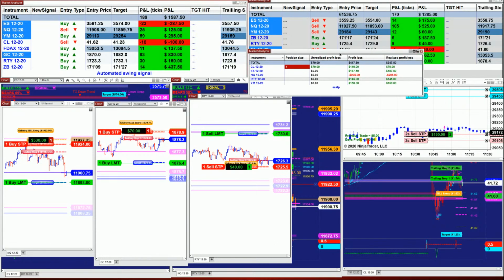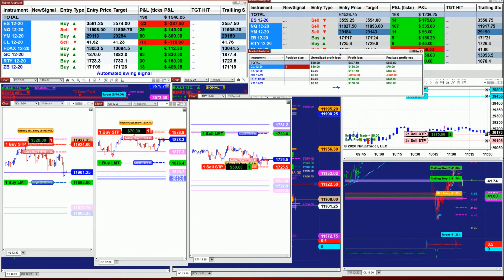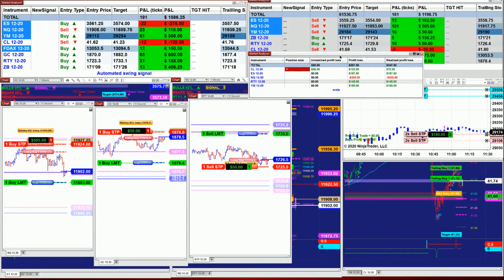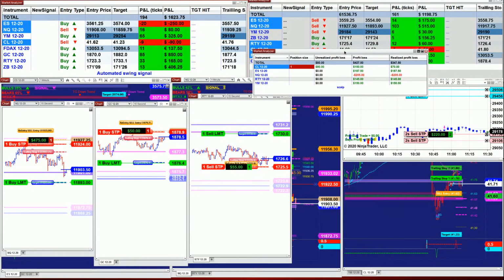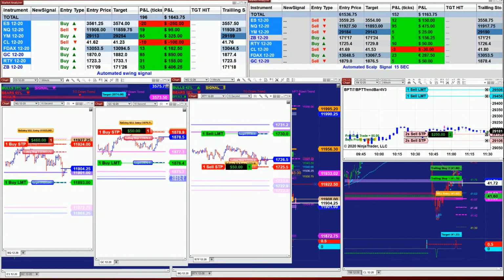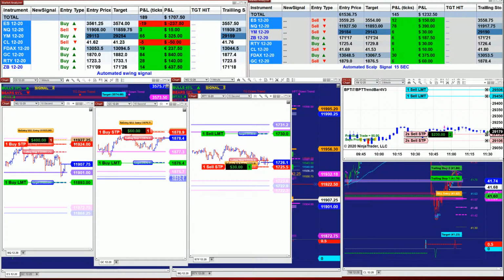One time I told one of the guys to go on a micro account so he will not hurt himself. The guy is brand new on Ninja. And then the second day, I found out he came in on one account. He only has one account. He turned on the swing trading on the micro account, he turned on the scalpers on the micro account, he turned on the TI7 on a micro account, and he turned on the reversal automated trade on a micro account. And then when I came in,